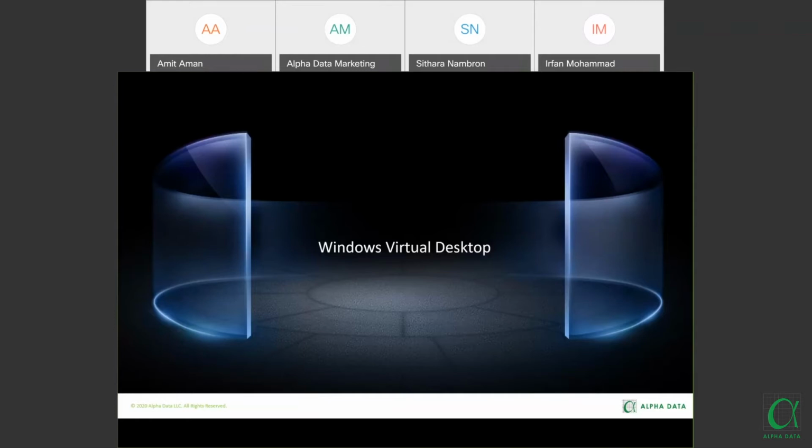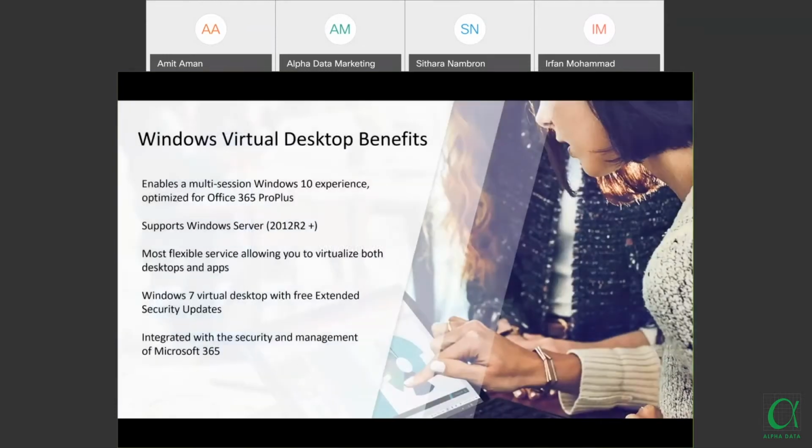These are the benefits we were talking about earlier. The most striking feature, as I mentioned in my previous slide, is that it enables the multi-session Windows 10 experience, optimized for Office 365 ProPlus.